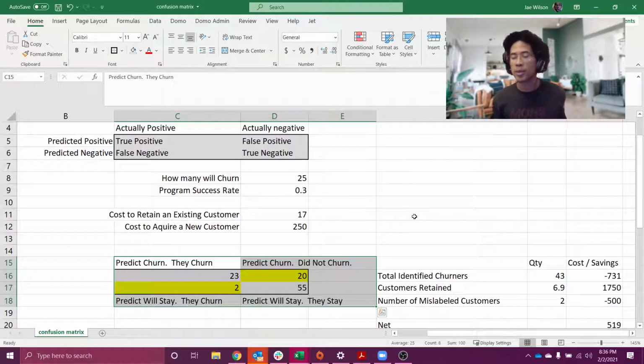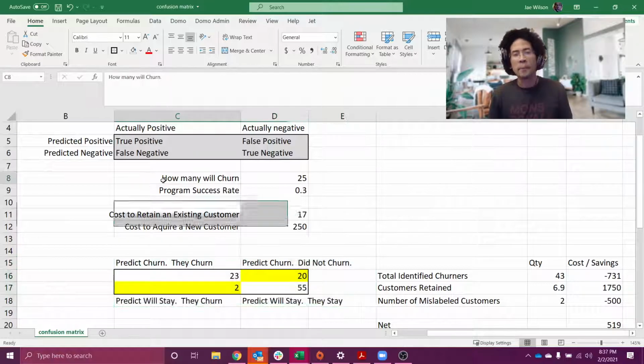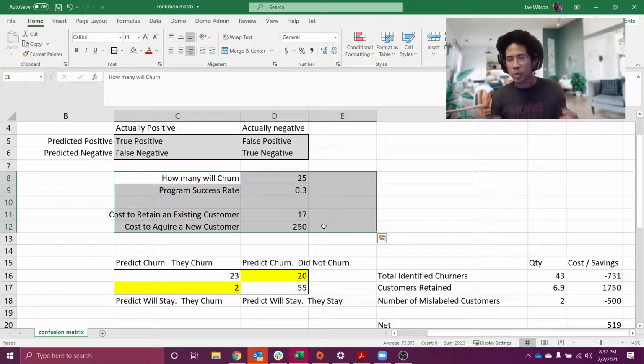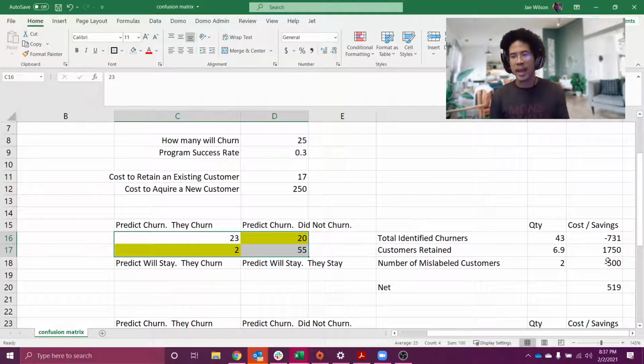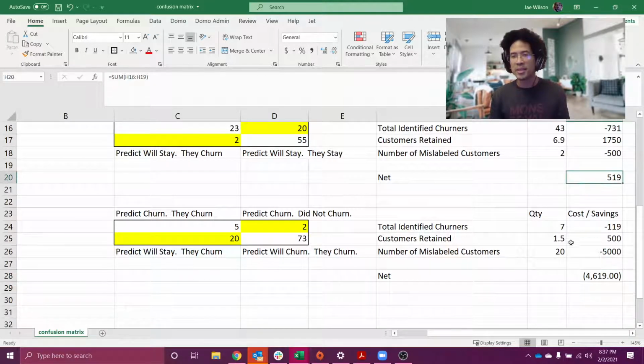Now, which one do you want me to prefer? Do you want me to favor the ones that minimize false negatives or the ones that minimize false positives? Do you want me to favor recall versus precision? That's the language of a data scientist. But for we mere mortals, that means nothing. And so building out how does my business work and what do I do with the information once I have it, these numbers here, this cost equation, that's how I figure out what the better model is.